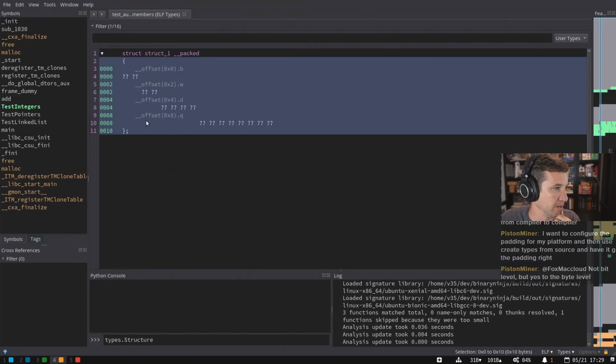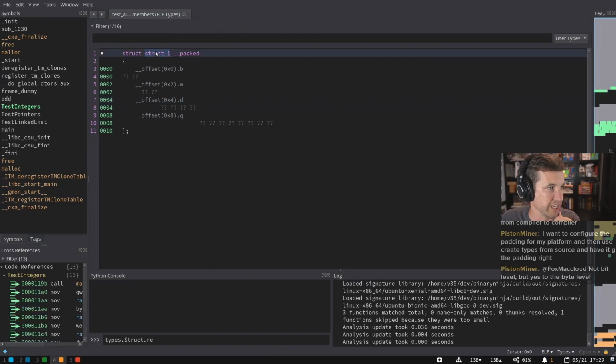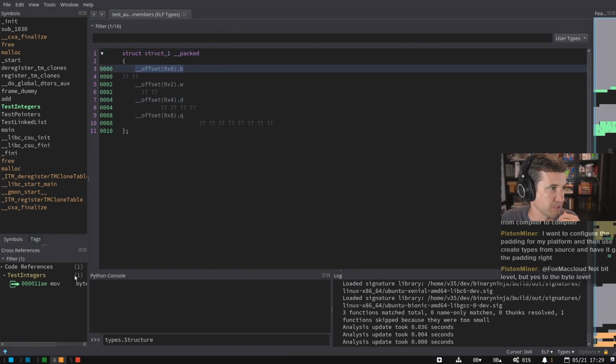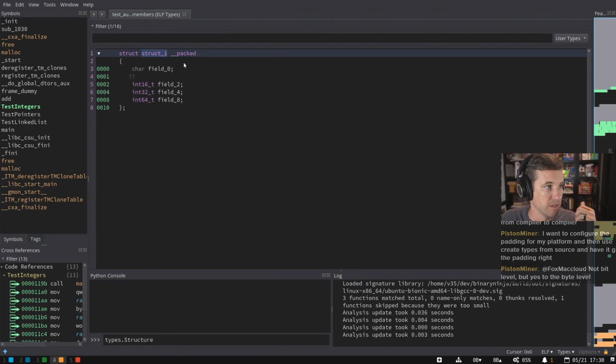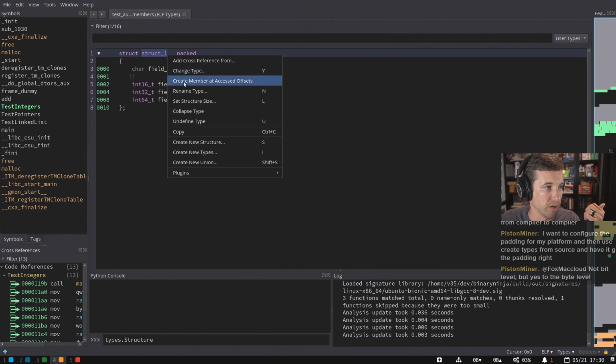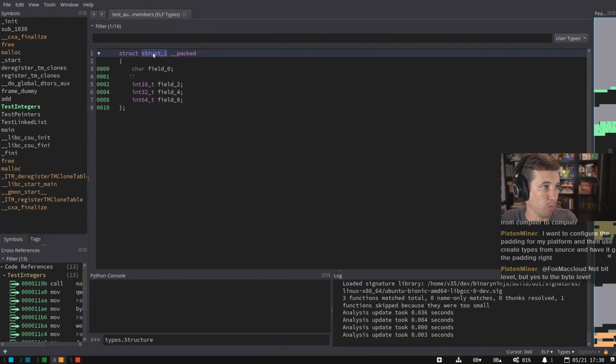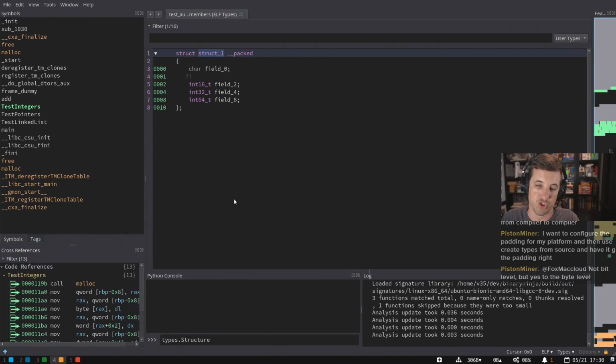But over here, it's got a different syntax where it's just annotating them, and I can still see the cross references like I could before. The big difference is I can just say, yes, please make members. So right click on that and create members. That's the new feature: given a structure that's applied somewhere in the binary, it looks at all the cross references for where that structure is. You have to tell it which structure, or it has to be otherwise auto-discovered. Those references to that type could be through type propagation. In fact, I could probably do that because I noticed that one of these had a reference to another one.